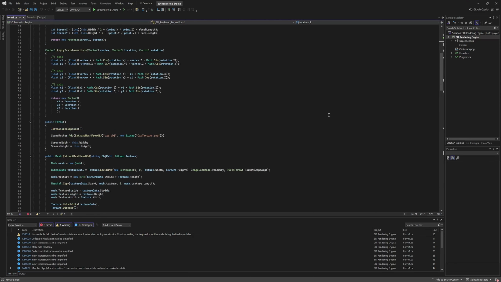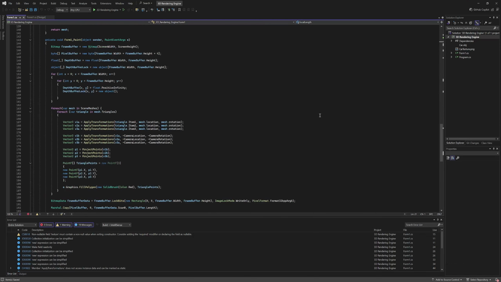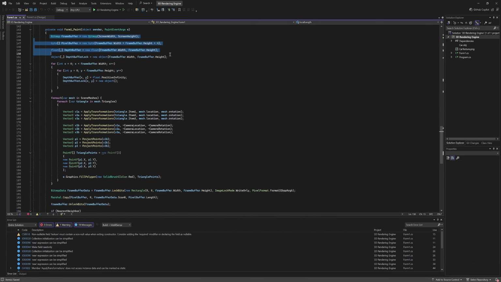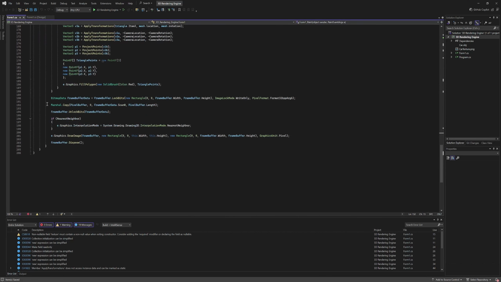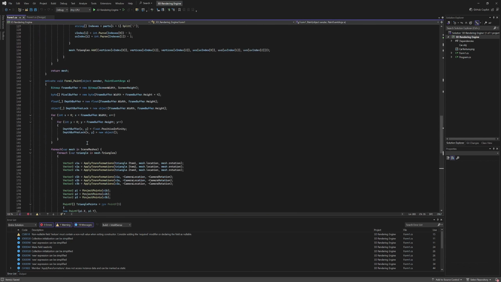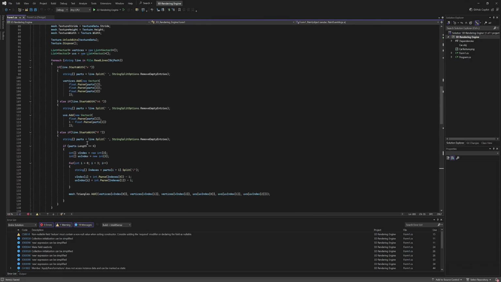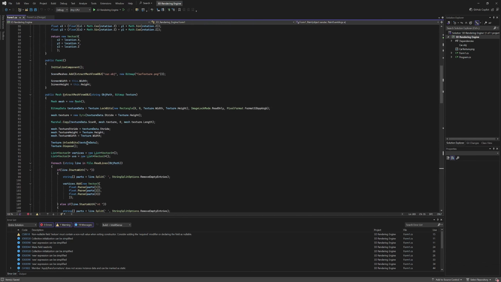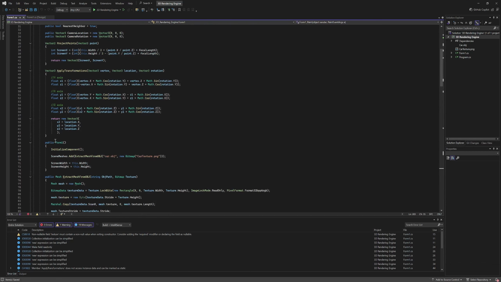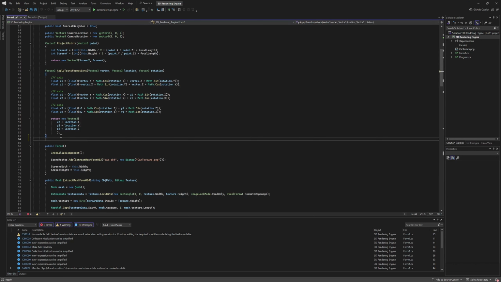So last time we finished off preparing our program for textures. And in this episode, we will be using this code to finally draw the textures onto our triangles. But before we do this, we need to create a small piece of code that can find the percentage distance from each corner that our pixel is, like we learnt earlier on. So we're going to write here above public Form1,